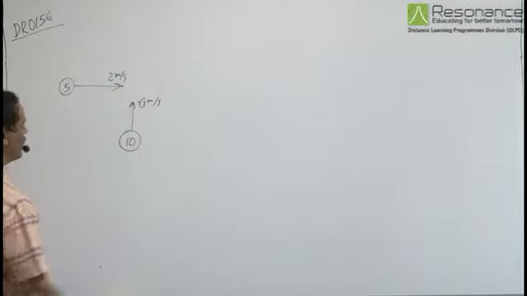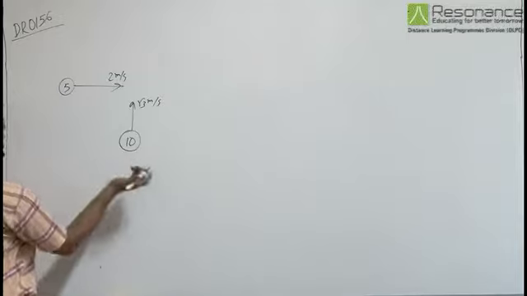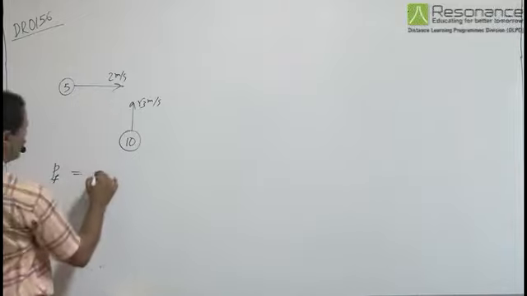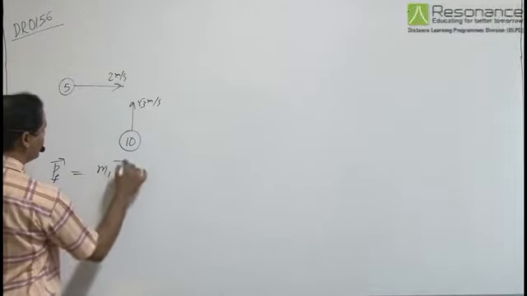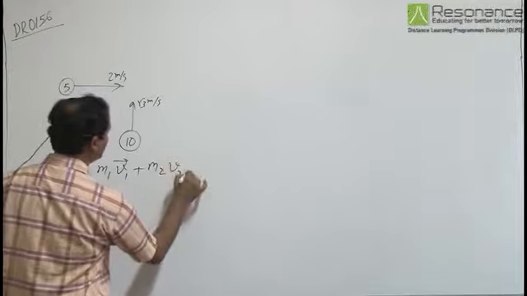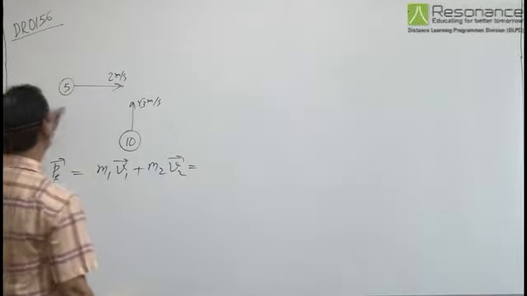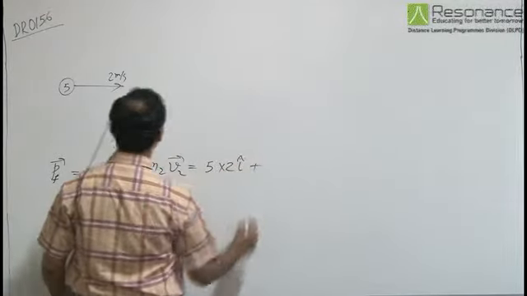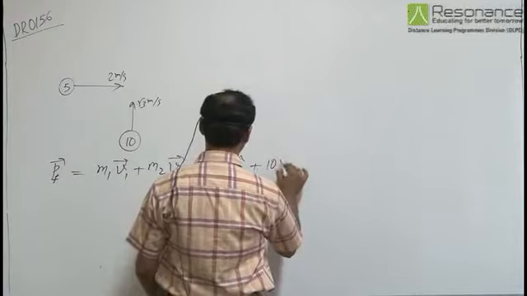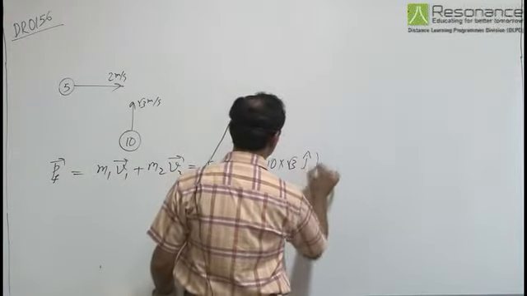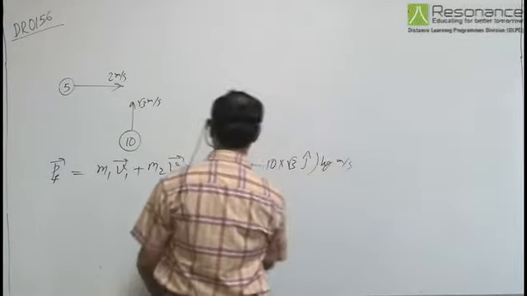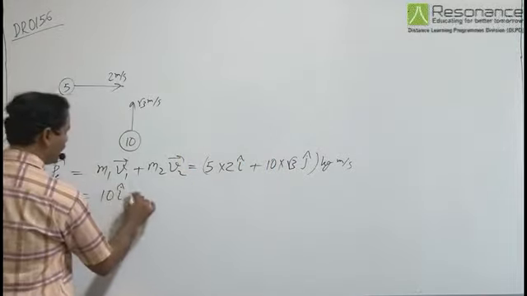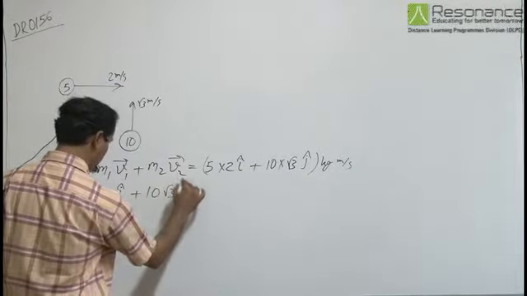collision as they move together, from conservation of momentum, the final momentum P final of the body is equal to m1 v1 plus m2 v2, that is equal to 5 into 2 i cap plus 10 into root 3 j cap kg meter per second, that is equal to 10 i cap plus 10 root 3 j cap